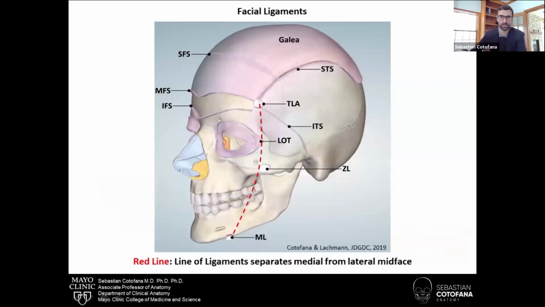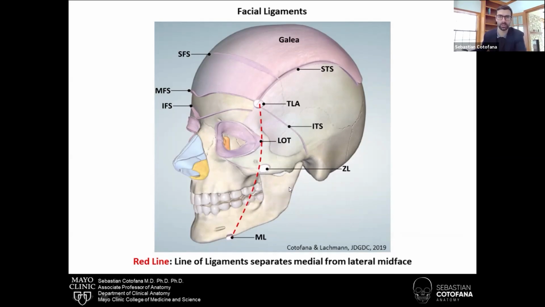And all of these ligaments are arranged in a line, and this line is called the line of ligaments. It's nothing new, but we published 2 years ago on this line of ligaments. And this is important because it separates the face into a medial face and into a lateral face. And here in this area, you can see the medial face, and here you can see the lateral face,